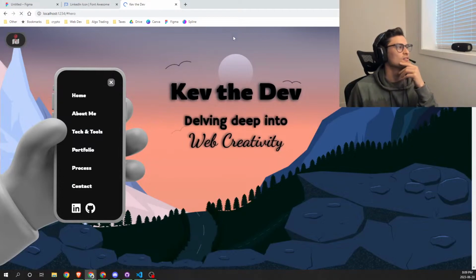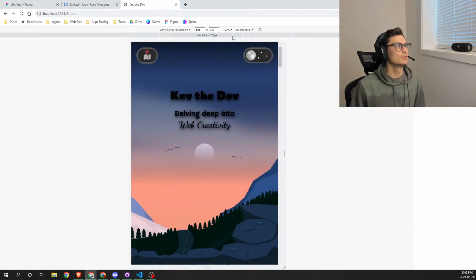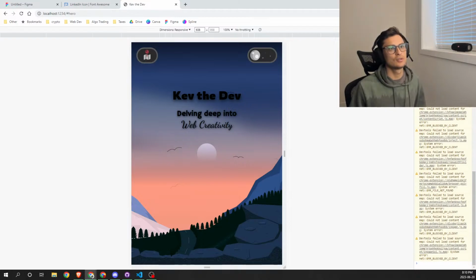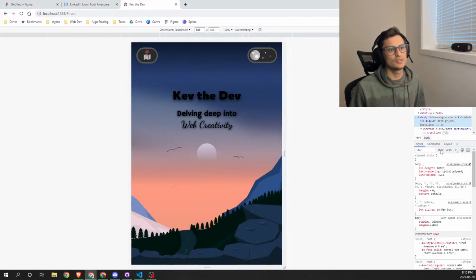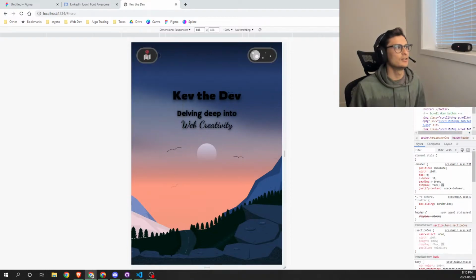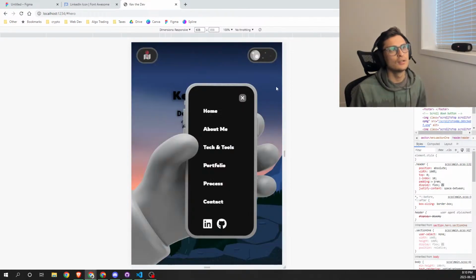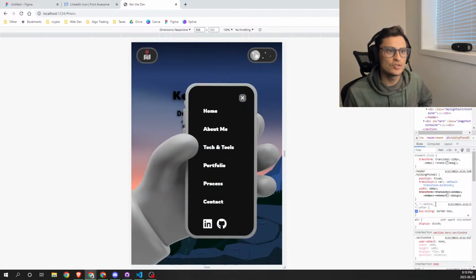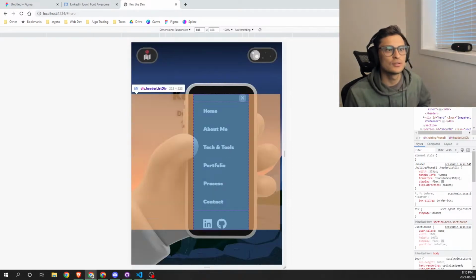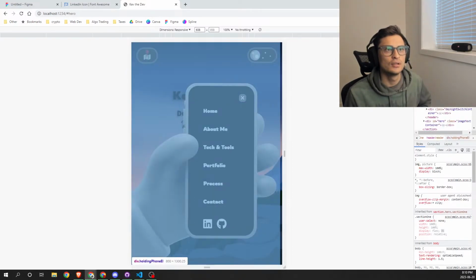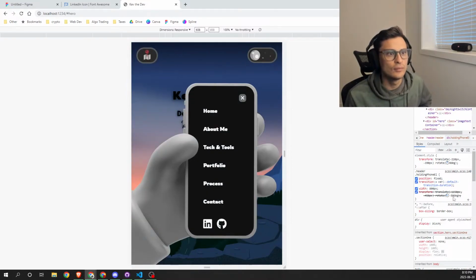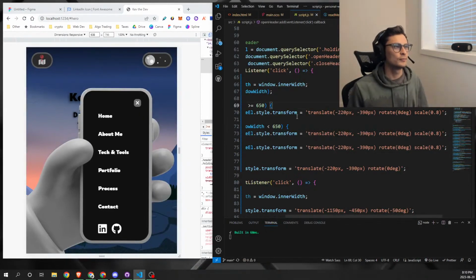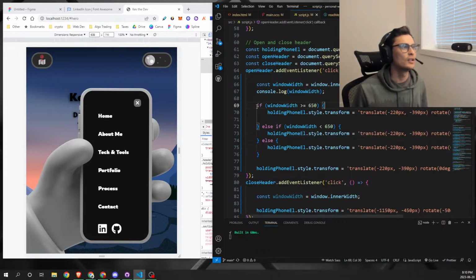That still didn't add it. 608. Let's remove this. Let's go to elements. Nope, don't need that. Why would this not be the case? Okay, that's not it. Is this if window width? Okay, so let's just do